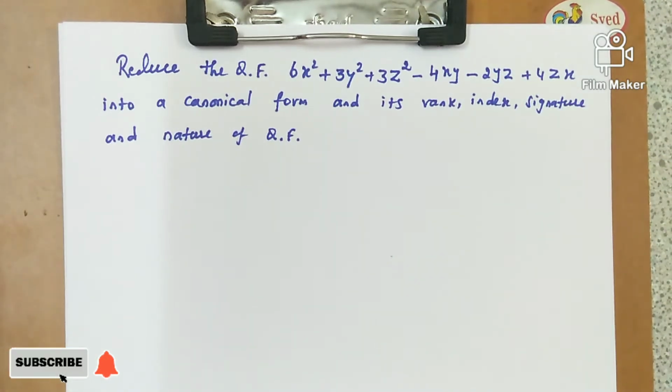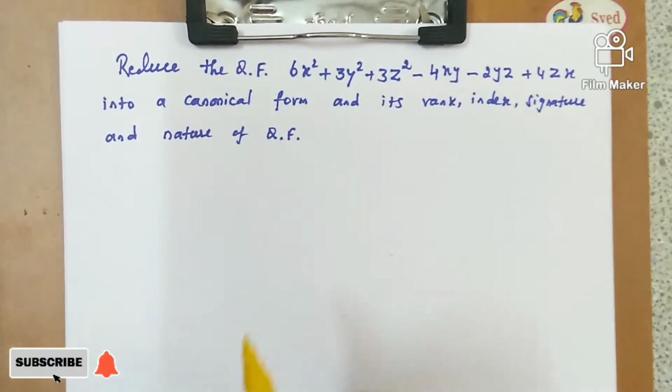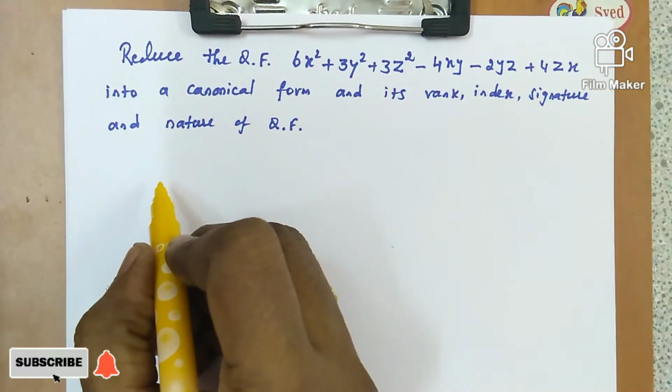It is a 16-mark question. So this is the last problem under this unit. So look at this. First we need to write the matrix of the quadratic form. A is equal to